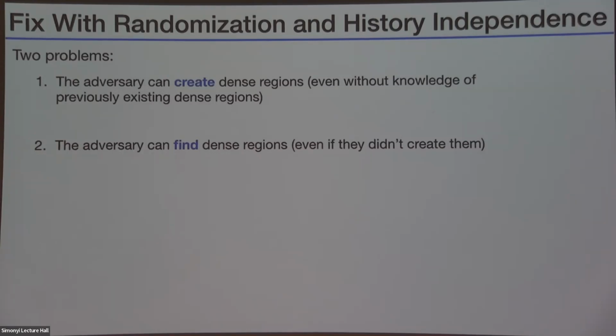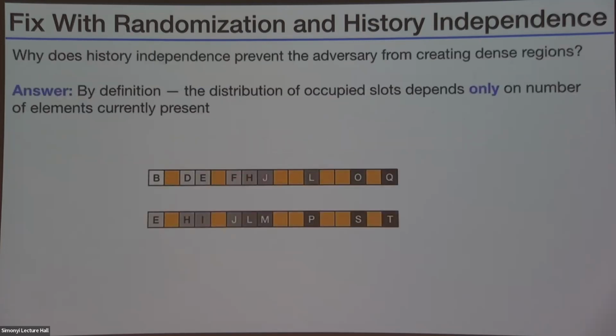Okay, so let's first focus on the first problem. The solution is history independence. And let me tell you why the solution is history independence. The question we're asking is, why does history independence prevent the adversary from creating dense regions? The answer is basically just by the definition of history independence, because you'll recall that